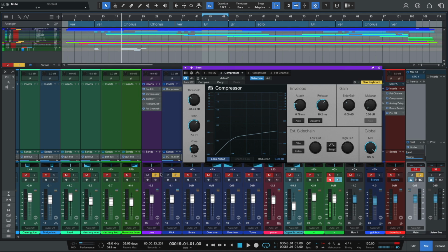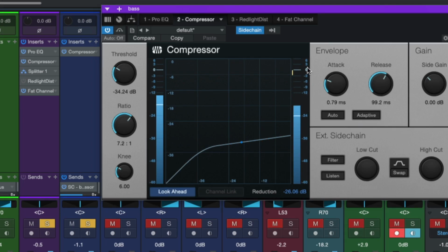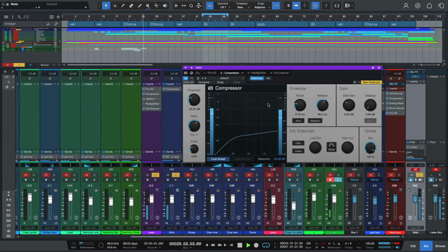So I have the two instruments soloed out. Let's give that a listen. And you can see how that's being reduced by that meter right there. Let's listen to it without the sidechain compression soloed out. So you can hear how the bass is much louder now,